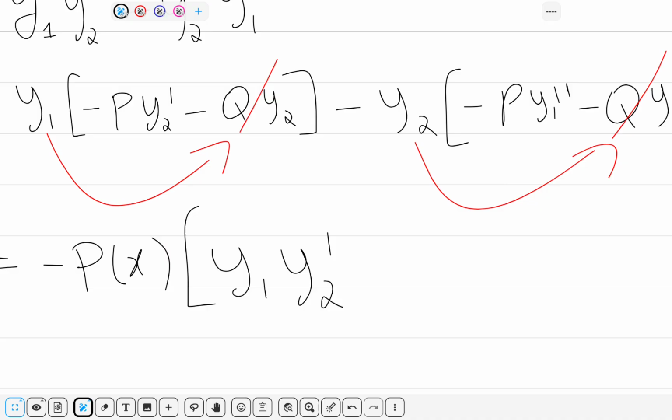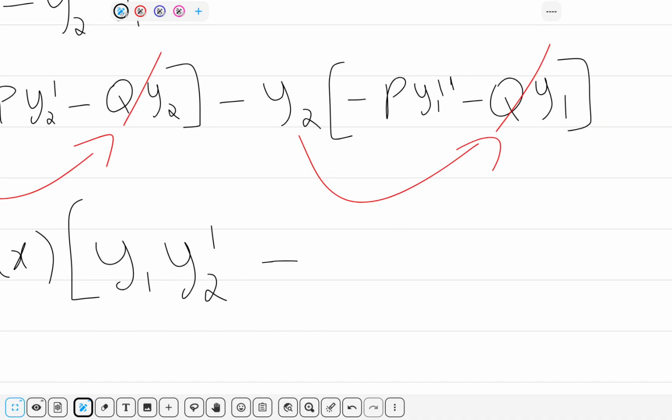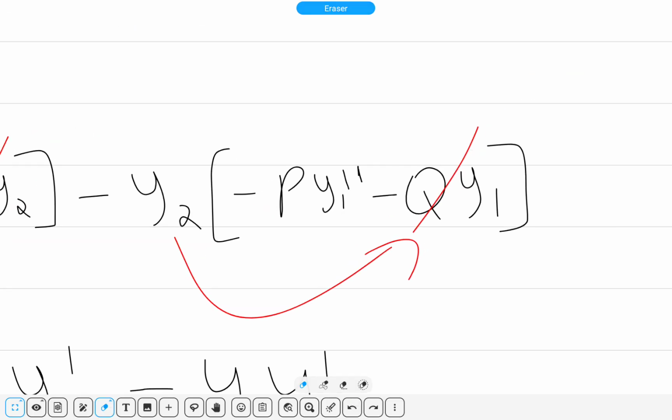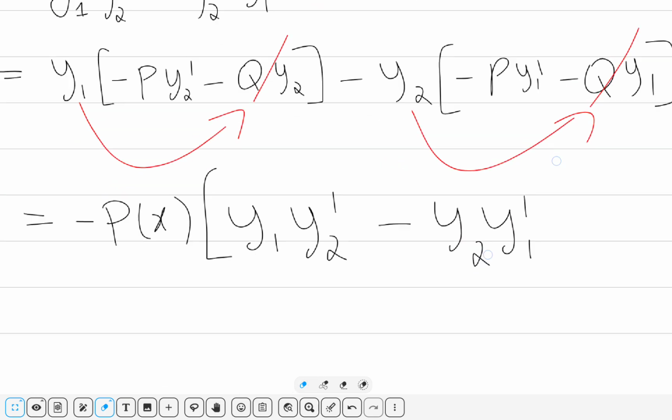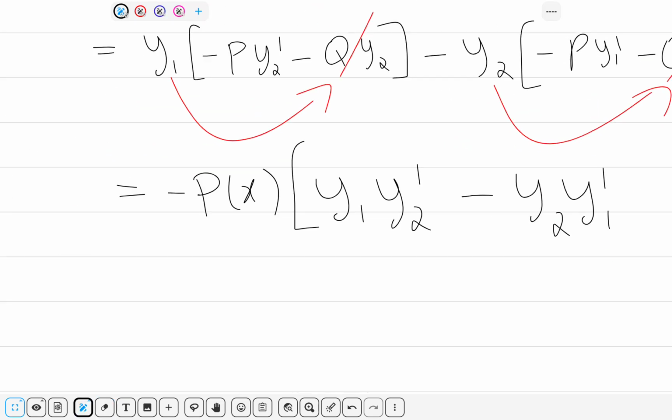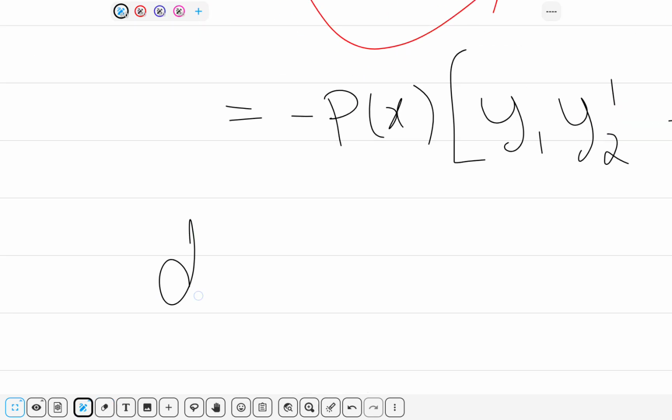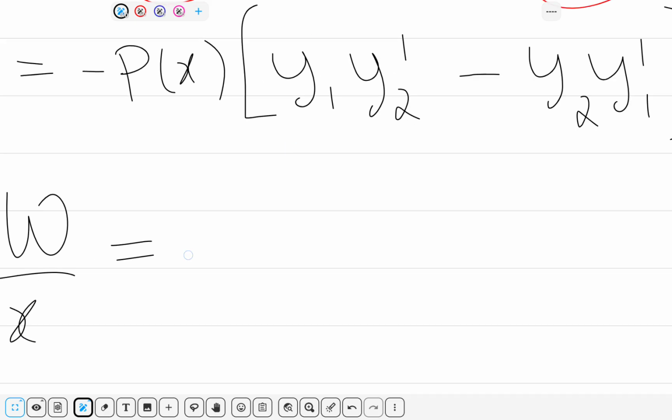Yeah, minus. There is no double prime. And basically, my derivative of the Wronskian will be equal to my function, which is the coefficient of